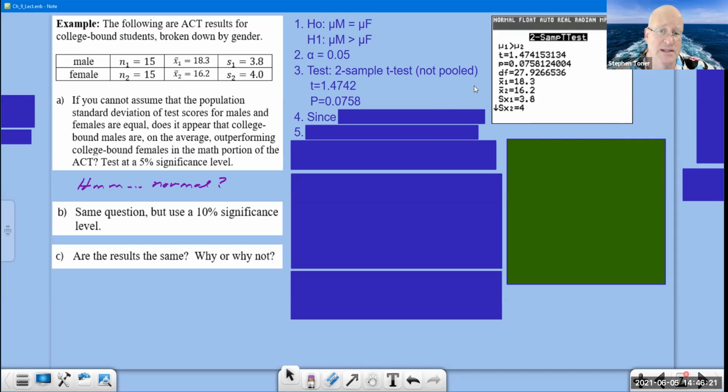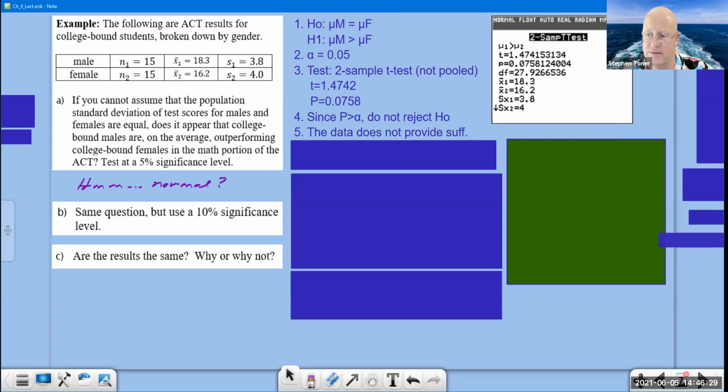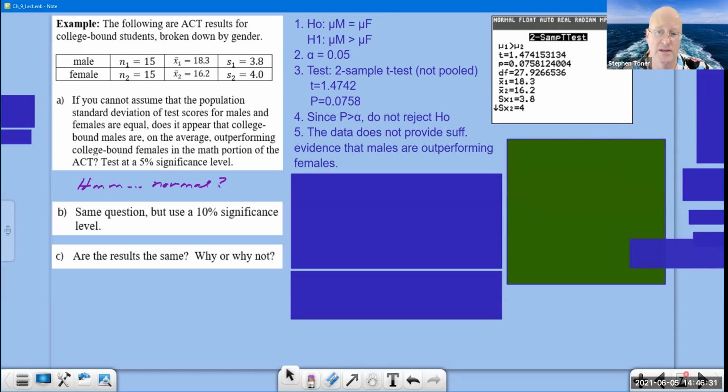Now, since that p-value is bigger than alpha, do not reject H0, and the data does not provide sufficient evidence to suggest that males are outperforming females on, and I left it short there, but on the math portion of the ACT. Okay, now part B says, okay guys, same question, let's do it all over again, but this time